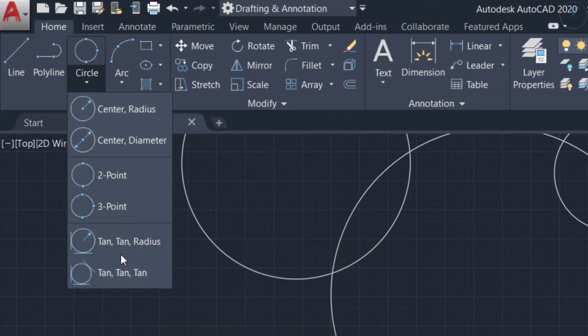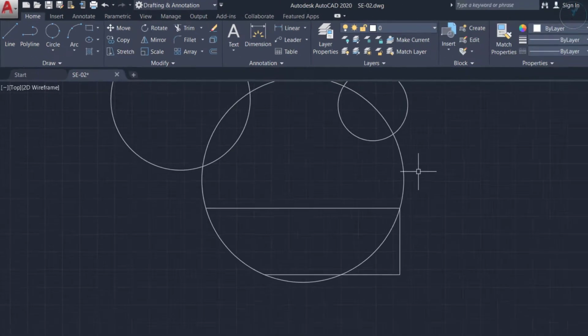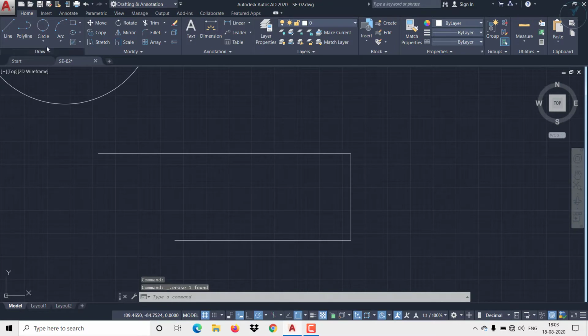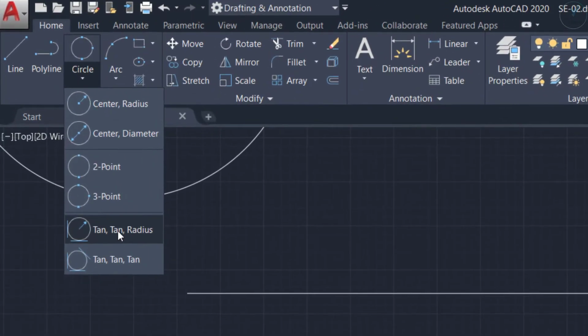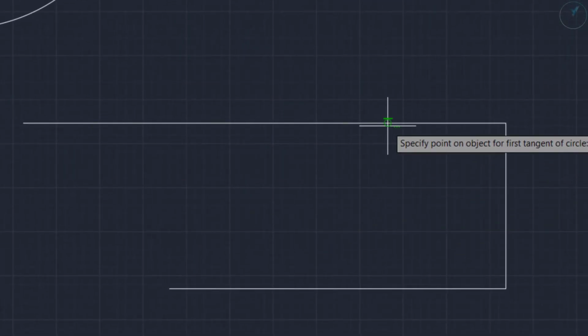Next option we have over here is tangent radius. Consider, I'm just deleting it. Now I want to form a circle that has to tangentially touch this line and this line with some radius. Then you can use this option over here. Click on this tangent radius. Now you can see once I go nearer to the line, it shows you the tangent symbol.